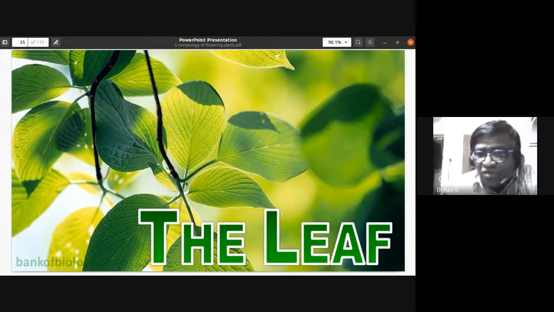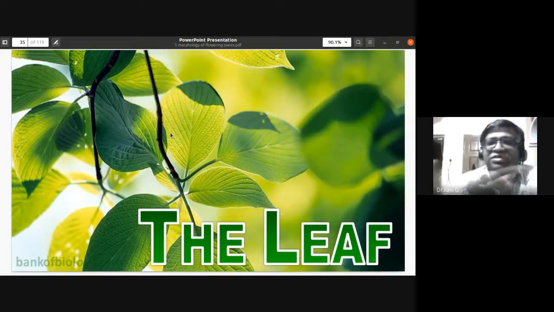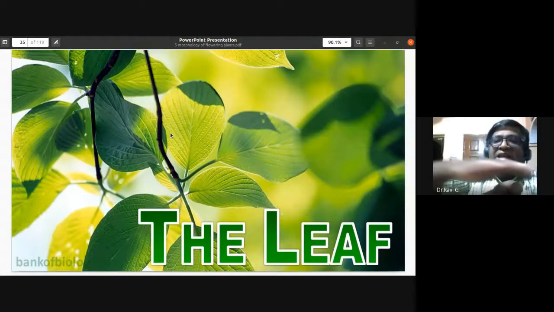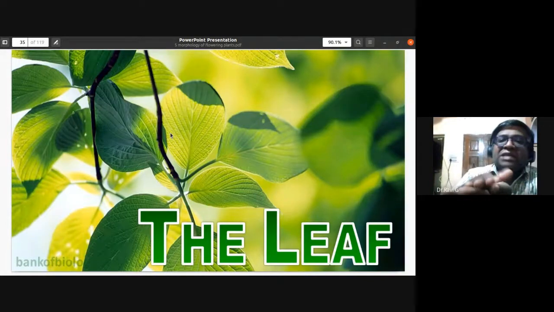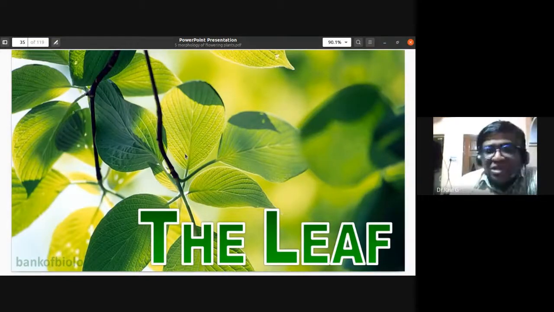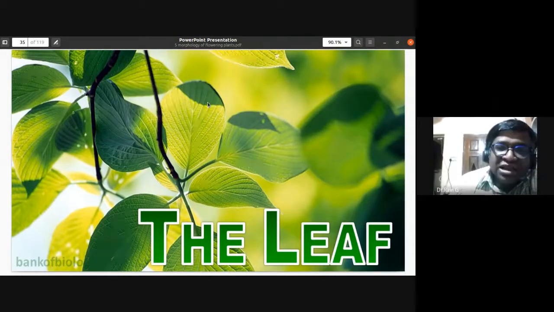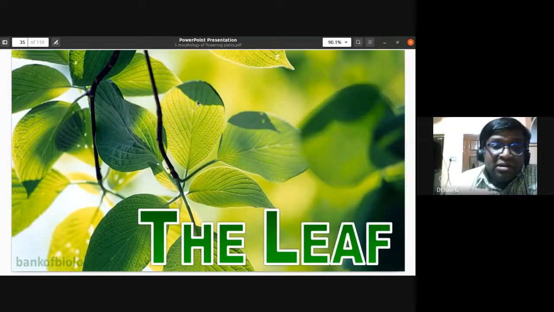See the stalk of the leaf, we call it as petiole, and the entire surface of the leaf, we call it as the leaf lamina, or we also call it as leaf blade. So you can notice in this leaf a prominent midrib which gives rise to veins, which branch to form veinlets. So this network pattern, reticulate venation, you can notice, is a dicot leaf.